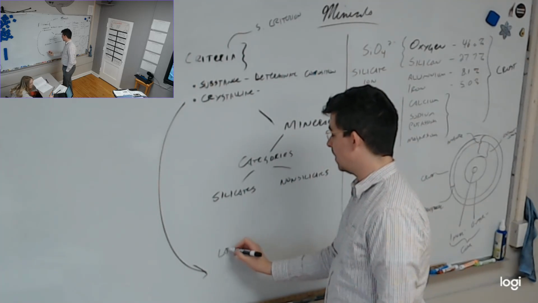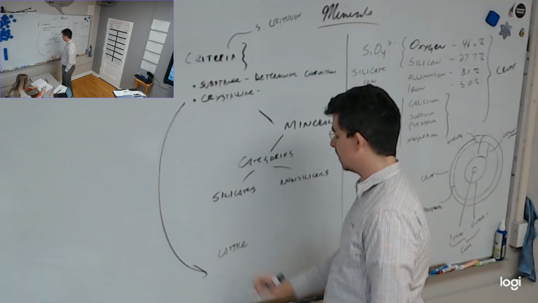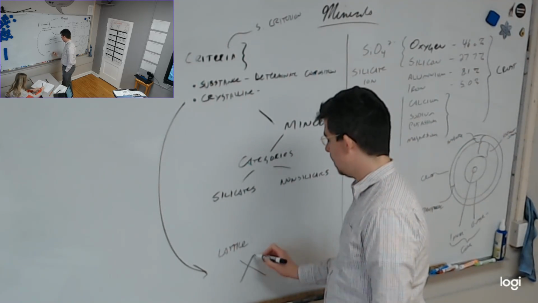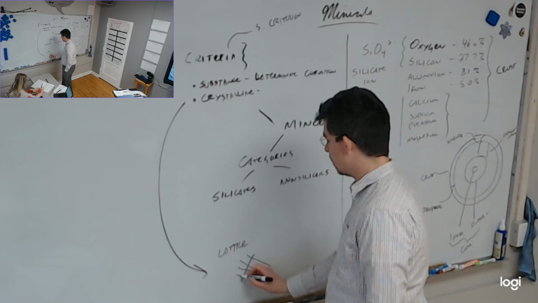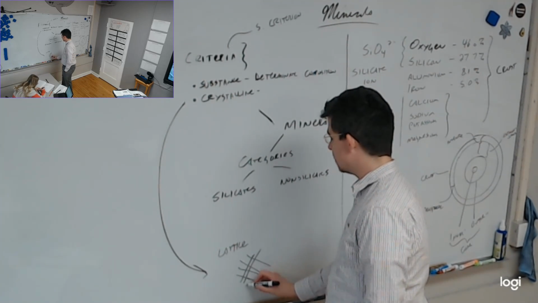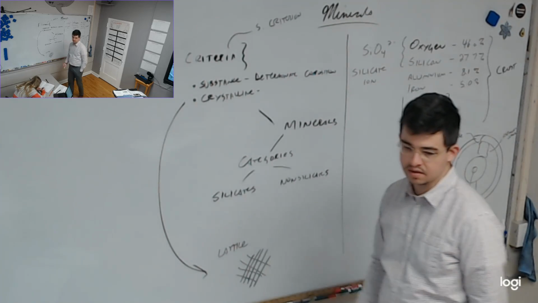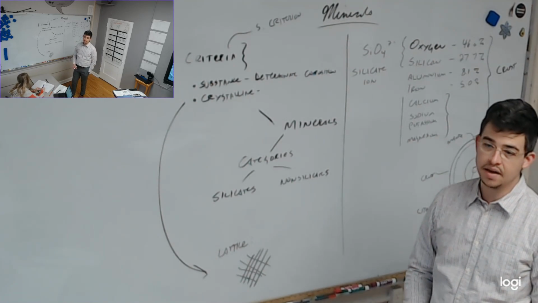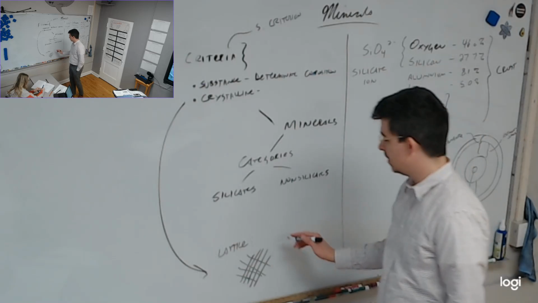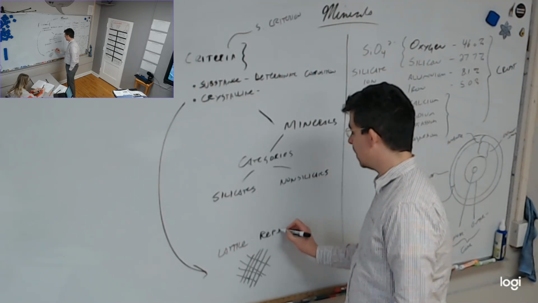And the crystal lattice is spelled like that. But it's a repeating pattern. You know the word lattice. You might have lattice work underneath your deck. A lot of people do. A chain link fence is lattice. There's lattice work in sewing. And this just means it has a repeating pattern. In the case of crystals,